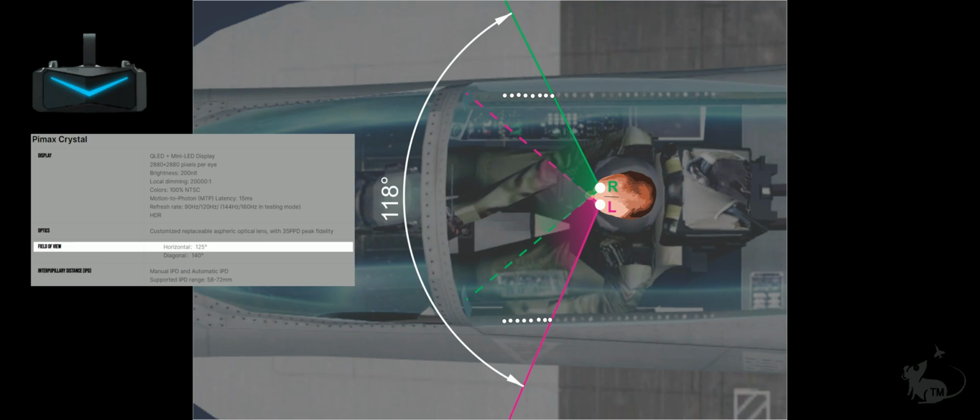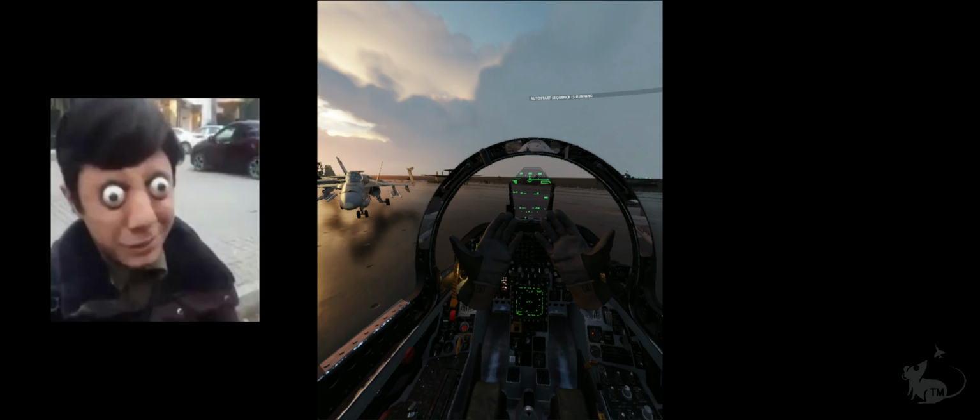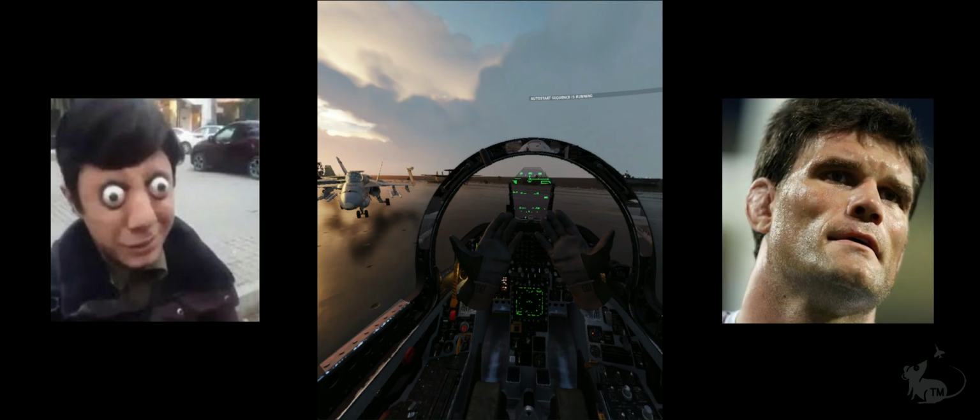Pimax's website specifies the Crystal's field of view to be 125 degrees, and we have come close to this measurement. We need to consider, however, that different people will experience different fields of view based upon the geometry of their face and eyes. If your eyes are very close to the lenses, you will naturally perceive a higher field of view than if you have deep-set eyes that are further away from the lenses as a result of the physics